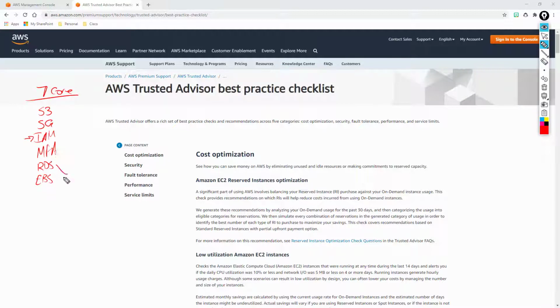Then you're going to get your RDS and EBS public snapshots. These are snapshots for these services that would essentially have public access, so you're going to get some security recommendations around that. And then the last one is going to be your service limits. So these are your 7 services,